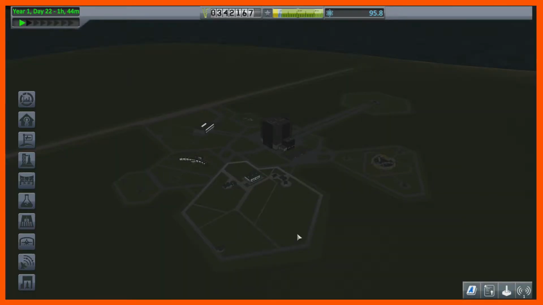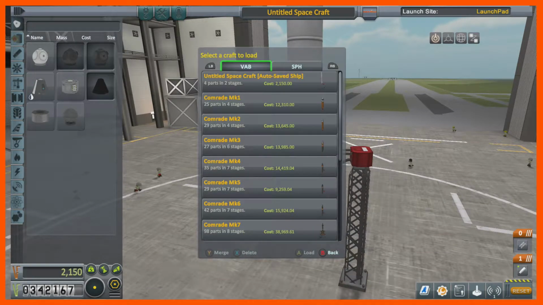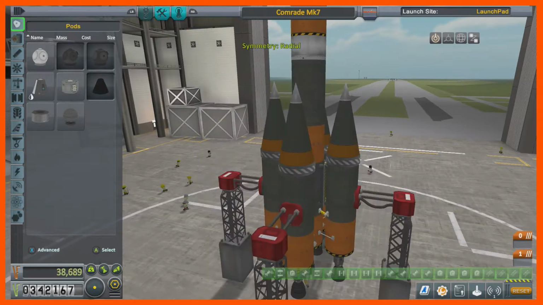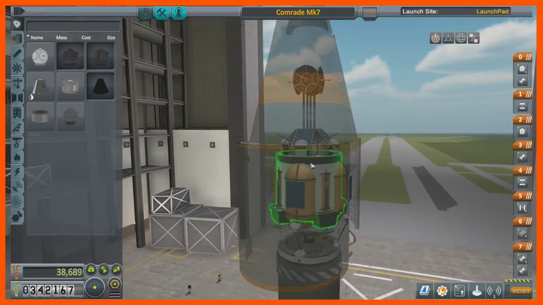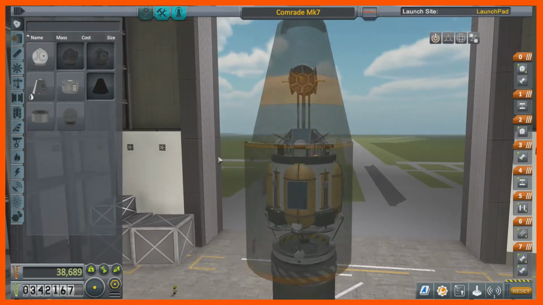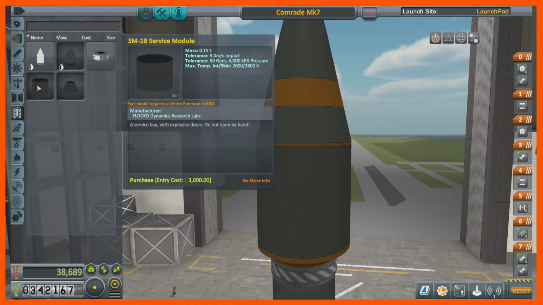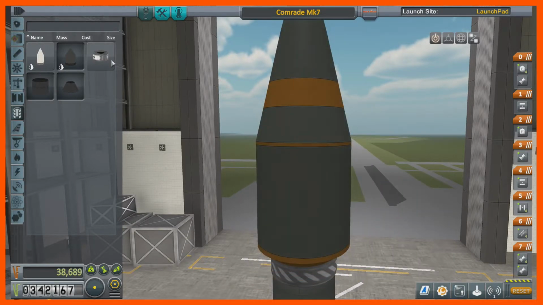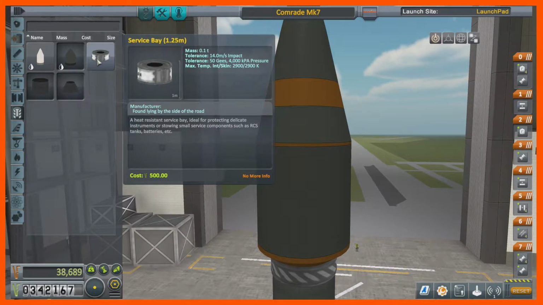So let's go ahead and go here and see if we can modify one of our Comrade vehicles and make sure it has the bay, cargo bay. So this was the latest Comrade, the Mark 7. And it has the science, but it doesn't have. But can we modify this? Put a cargo bay on it, maybe even just for this payload. Does it say it must have a materials bay? Is this considered a materials bay? The service bay. Well,